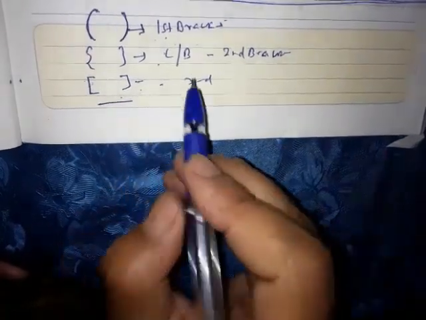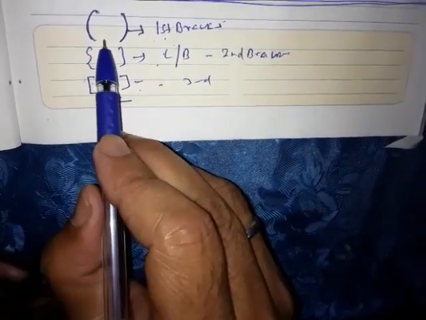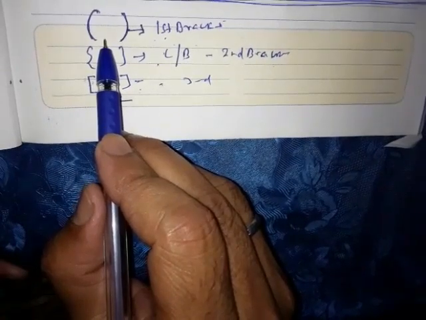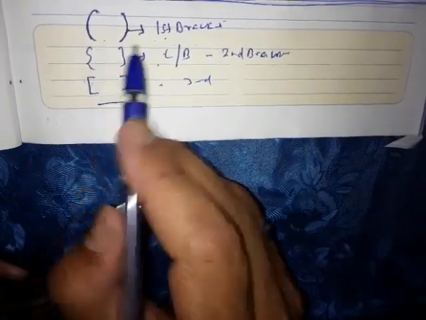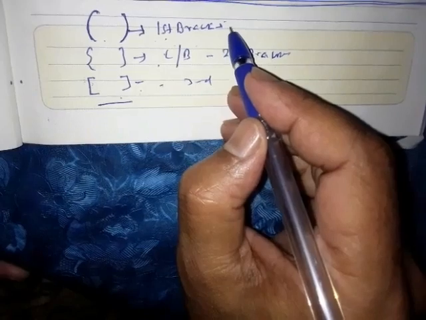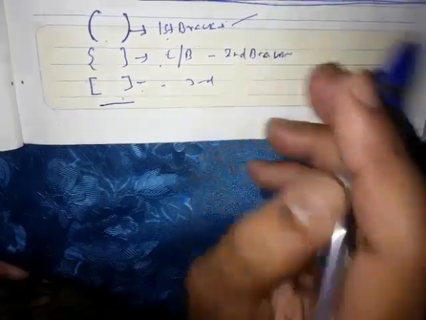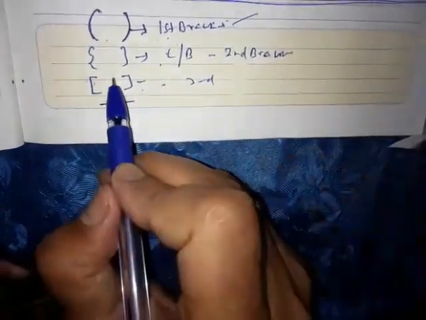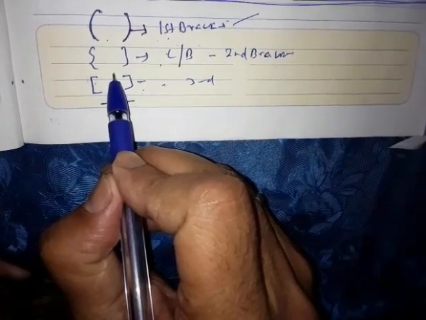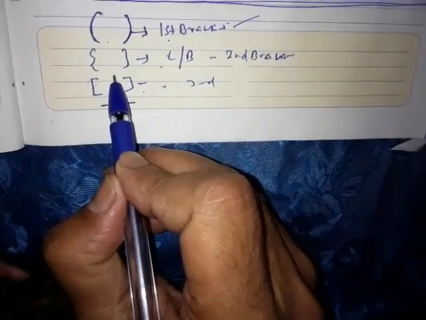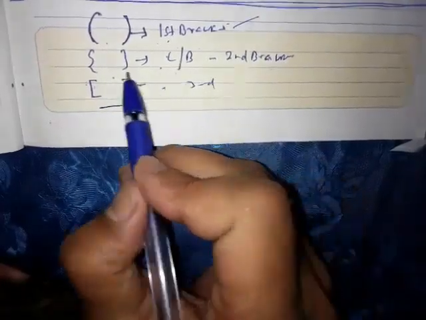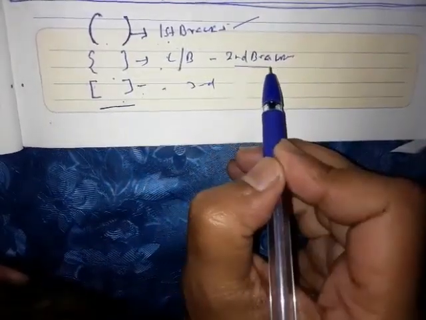So once more, this bracket, different books have different names, small bracket or common bracket. I am telling you, remember it as the first bracket because this will help you in your calculation. This bracket, books call curly bracket. It is very difficult to remember the spelling of curly. Forget about that. We are not going to learn English. We are going to learn math. So remember it as the second bracket.